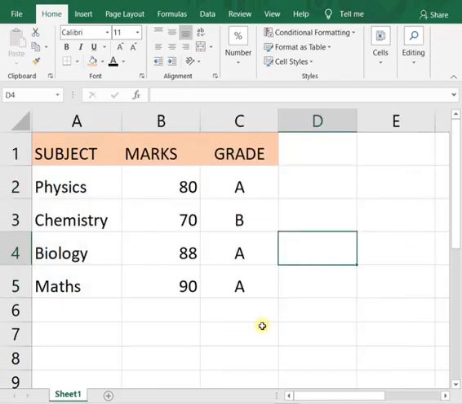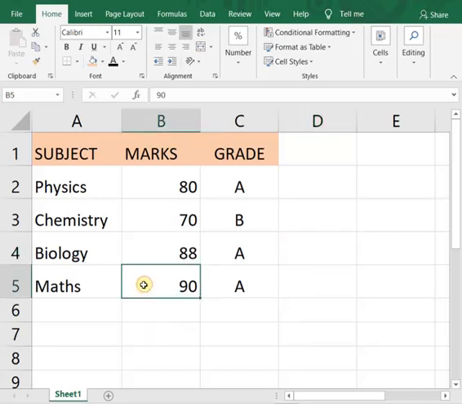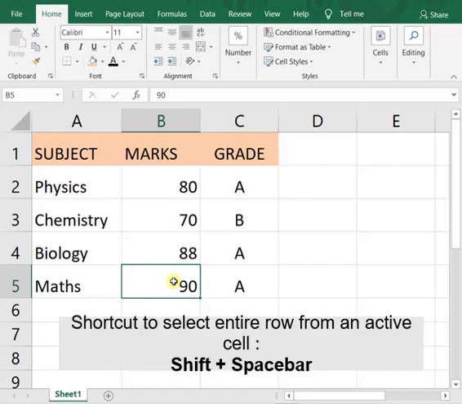Now I will tell you the shortcut to select a complete row. Suppose I am present in this cell, the active cell, and it is in row number 5. From this cell, if we want to select the complete row 5, just press the Shift key, and holding the Shift key, press the spacebar.